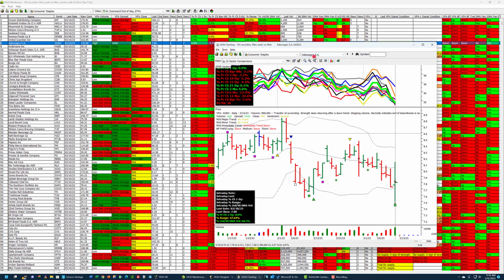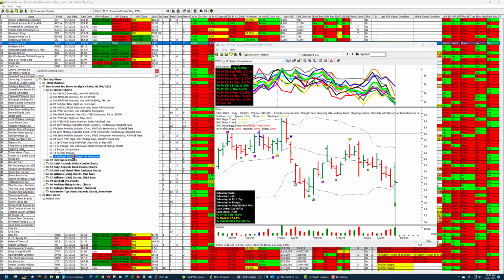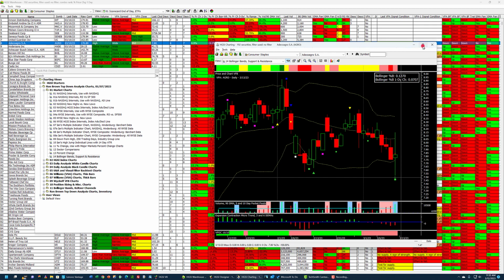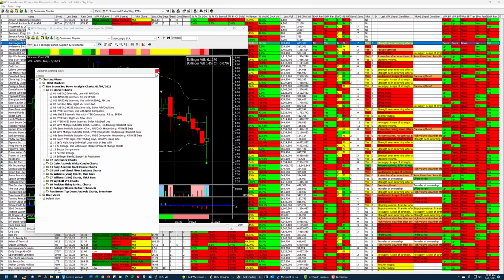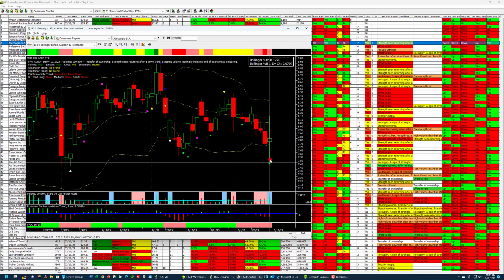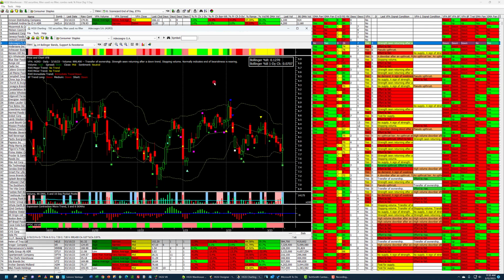Let's look at it. But I'm going to go to a different chart. Let's just go to the Bollinger, number 14. You can see a little bit of strength returning here. There's the VPA flag, stopping volume and strengthening returning, so a double. Let's look at a longer view of this. Got to the edge of the Bollinger Bands, traded outside of it and came back in. There's no trend here though. I mean, it's just chopping around.